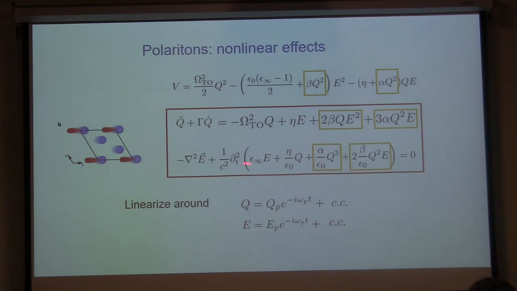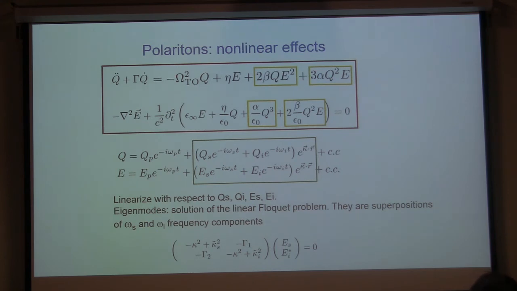And therefore, we have to take a solution which corresponds to the strongly excited state in which we have a large number of phonons at zero momentum, and write the linearized equation around that state. So we take these nonlinear equations and say that our phonon displacement has a component which comes from pumping, oscillating at the phonon frequency at zero momentum. The electric field has a very strong component which is due to pumping, and then we also have a small component which is due to the probe beam.